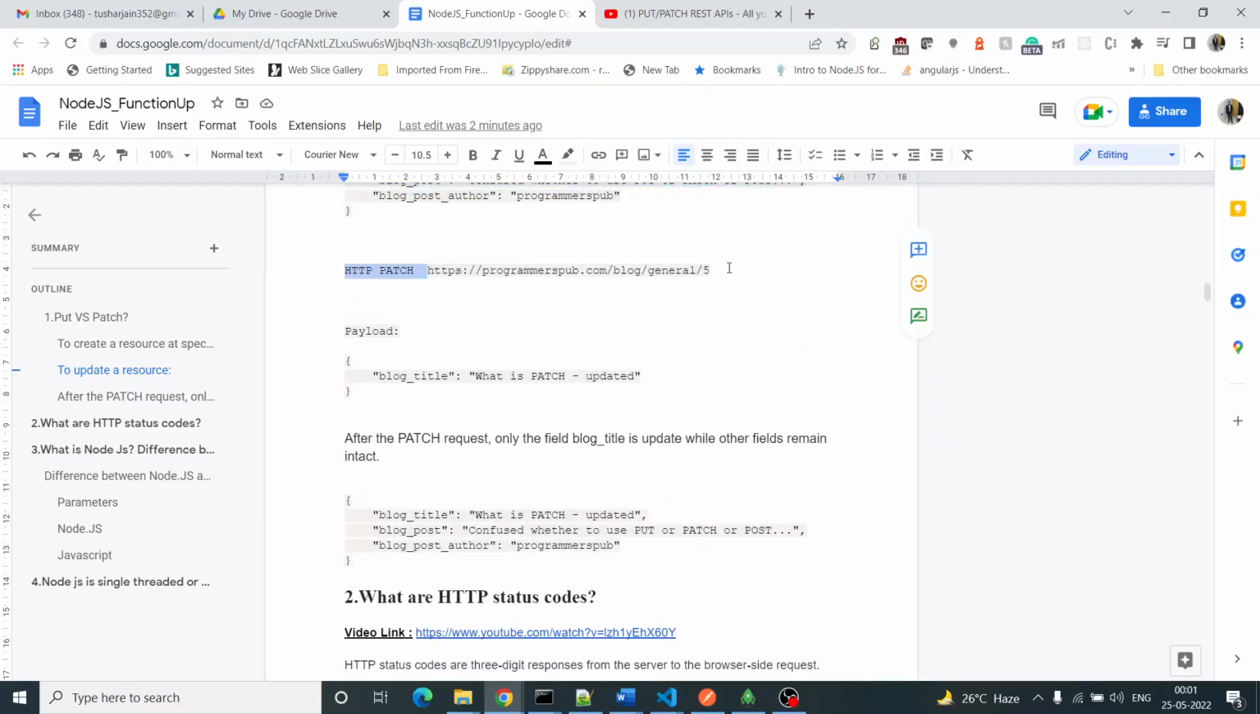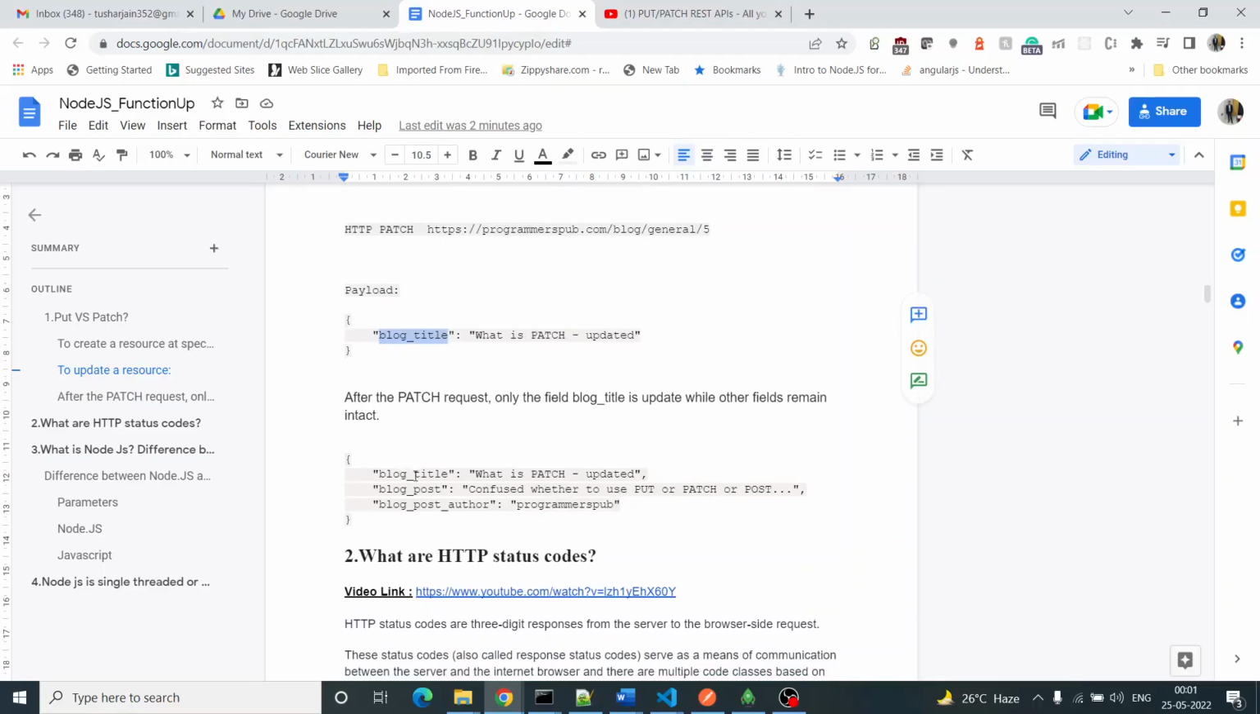You can see we are passing the ID 5 and here we are passing only the blog title. What is patch, right? And in response we will get the blog title which we passed, the updated value, and the existing value of the blog post and the blog post author. So this is the difference. Hope you guys have understood the basic difference between